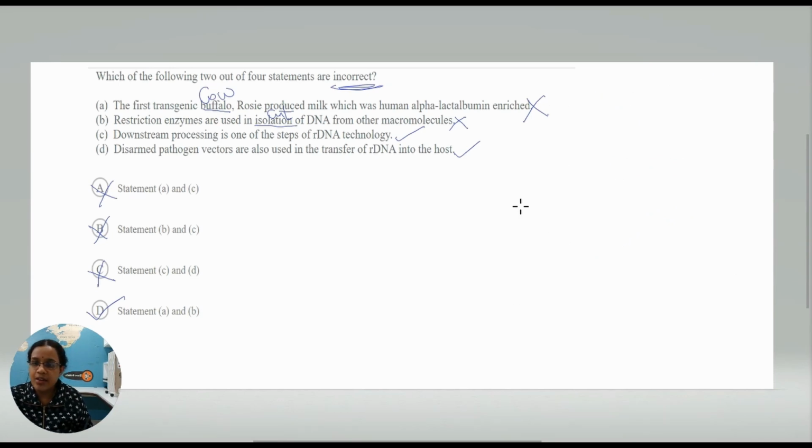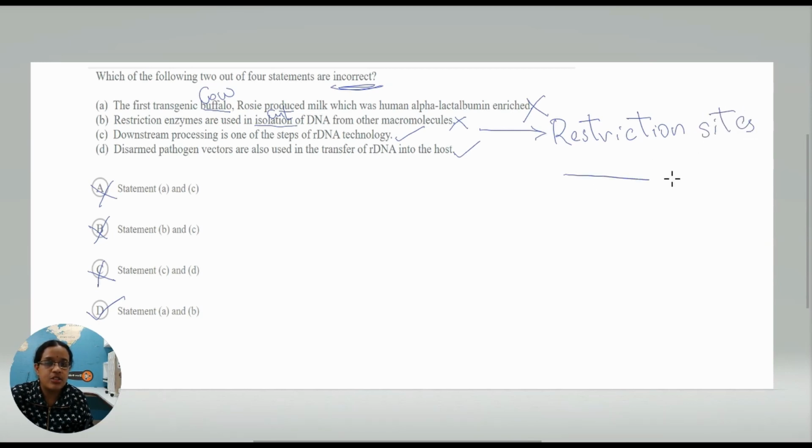That is, restriction enzymes are used in cutting DNA molecules from other macromolecules. These restriction enzymes are isolated from archaebacteria or bacteria. They are very specific and cut the DNA at specific locations, which are termed restriction sites. Now, for example, this is your DNA and there's a gene located here which is of